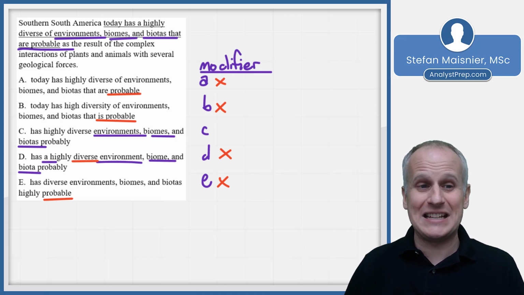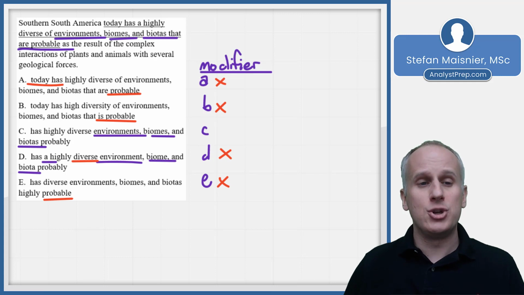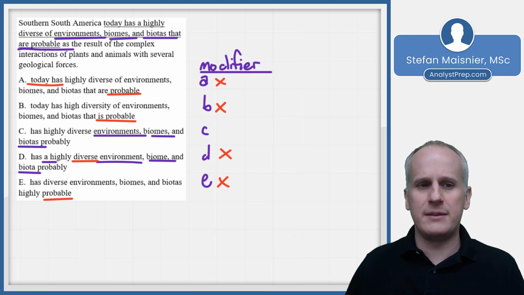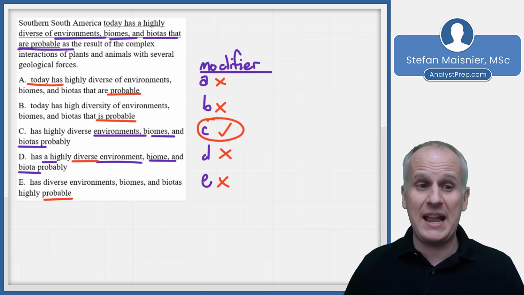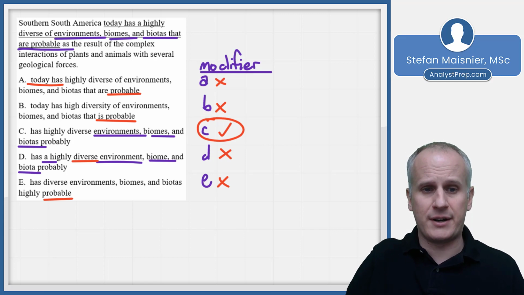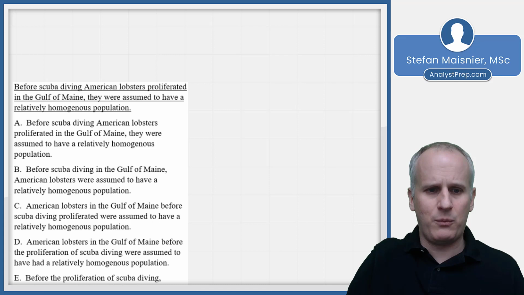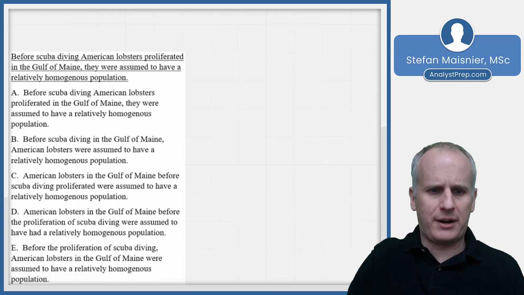And you'll note it is a little bit more succinct. We don't need a "today" here. That "today" is redundant. It can be really difficult to identify that in the original sentence until you compare it to the other answer choices, but recognize that shorter is generally better provided that we don't have any confusion introduced by any of the omissions, and we can confidently select C as the most concise and correct answer for this sentence correction. So let's move on down and take a look at one more little problem,